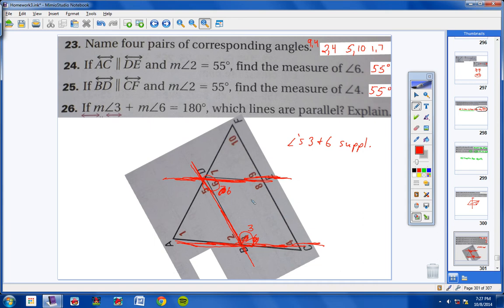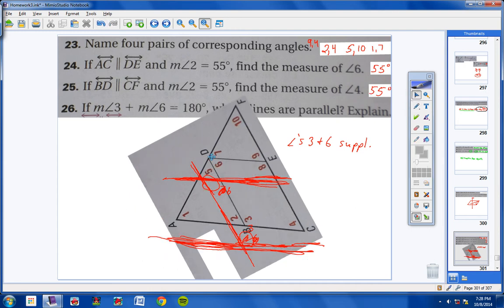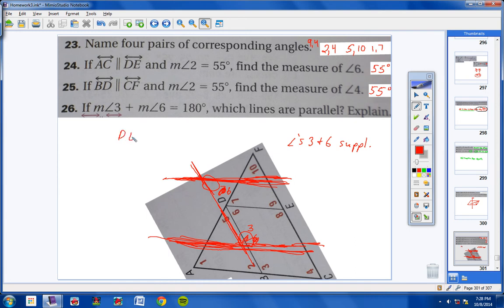Now, which two lines are parallel? Well, this line here and this line here, they're the two lines that are cut by a transversal in such a way that the consecutive interior angles are supplementary. So, this line here and this line here are parallel. Now, what are those lines called? Well, let's see. They are called line DE and line AC. So, there we go. So, lines DE and AC